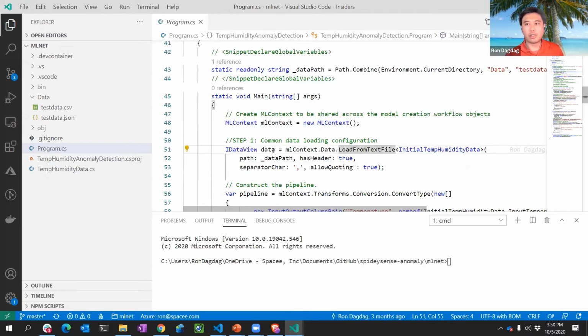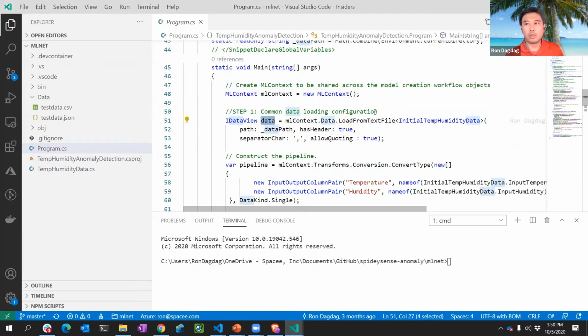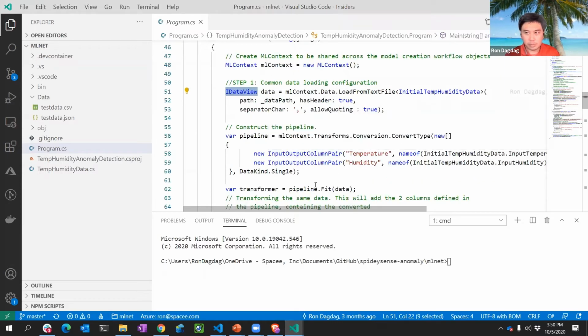Based on that text file, I can place them into the class, because I know the format and what columns, that I was reading in my temperature and humidity data. I'm passing that in to say, hey, I want to read the CSV file and only load the columns that I'm interested in. And it would pass it on to this data view. Data view allows us to do data processing instead of like a list